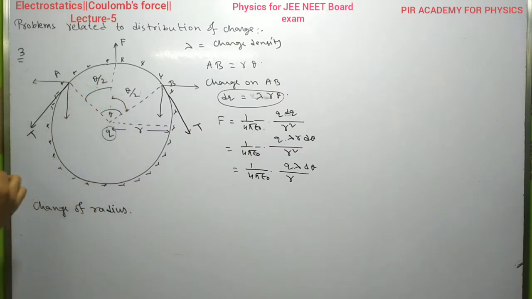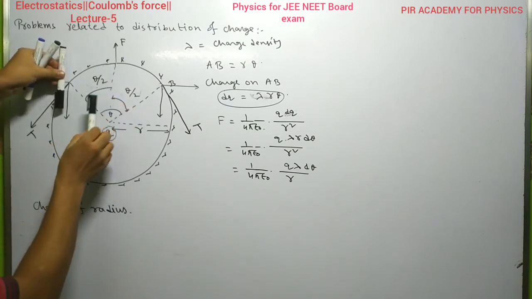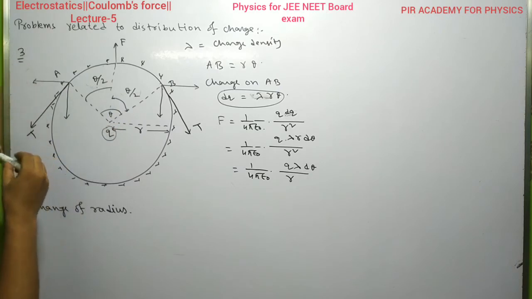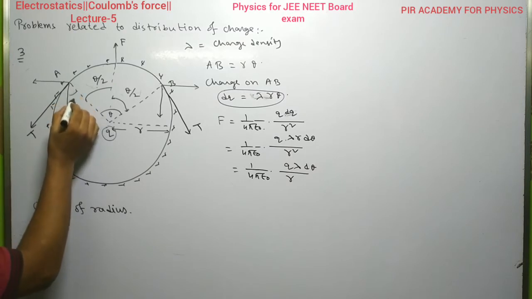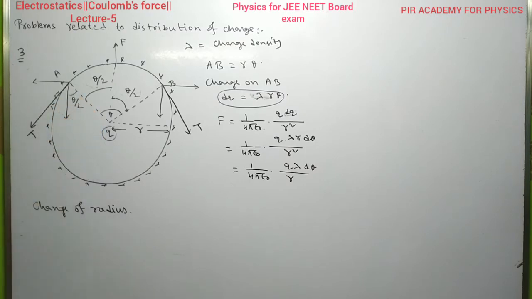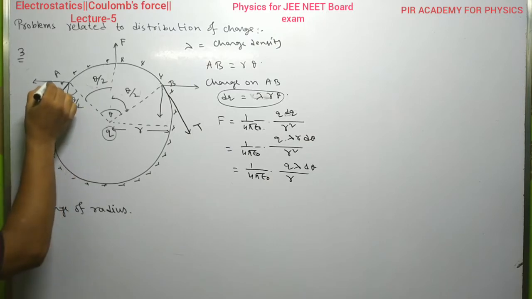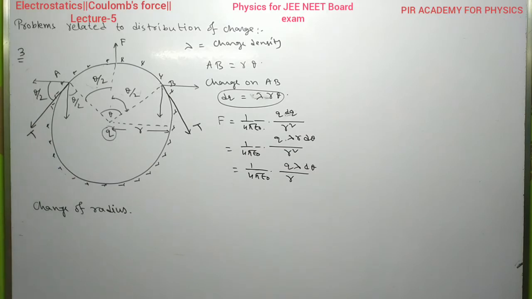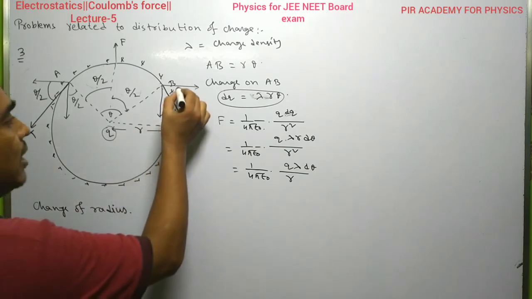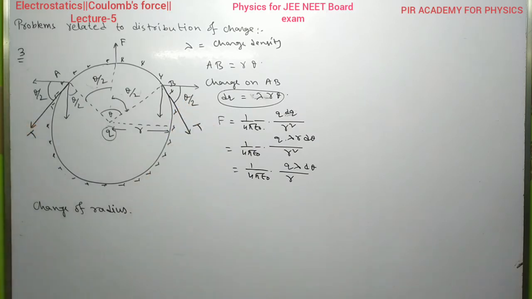Here you see that these two lines are parallel, and if this is theta by 2, then this angle will be theta by 2. This angle will be theta by 2, and similarly this angle will be theta by 2. So